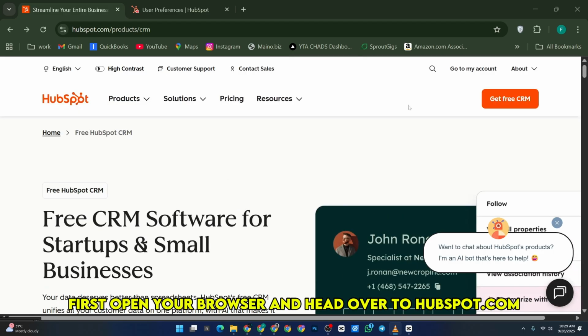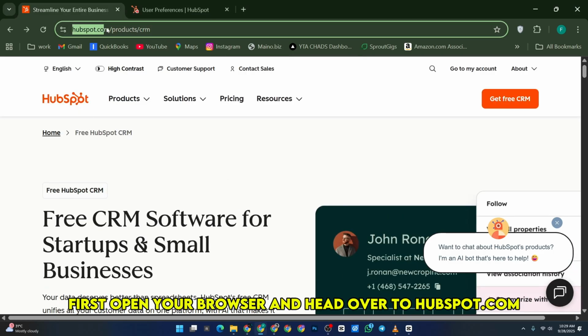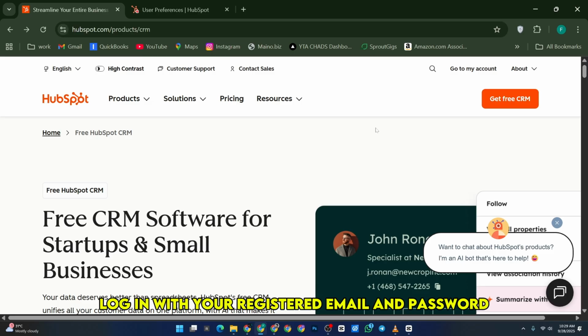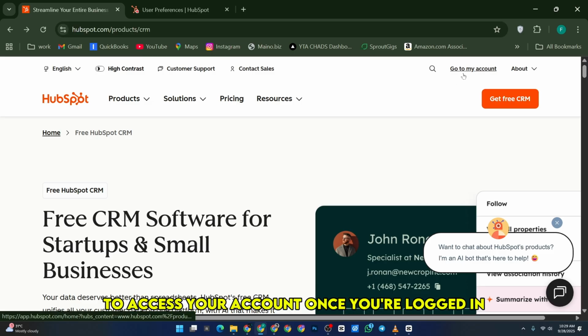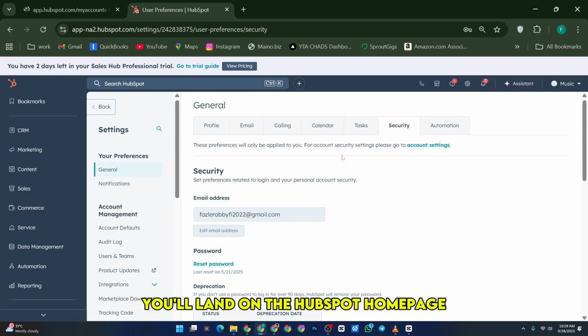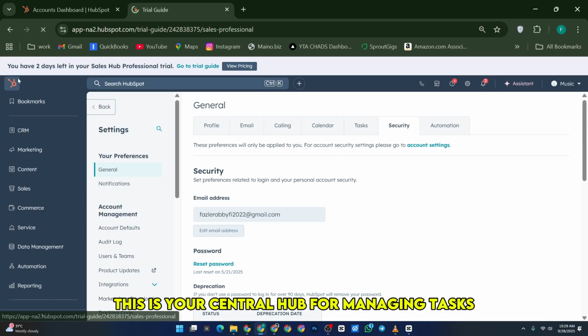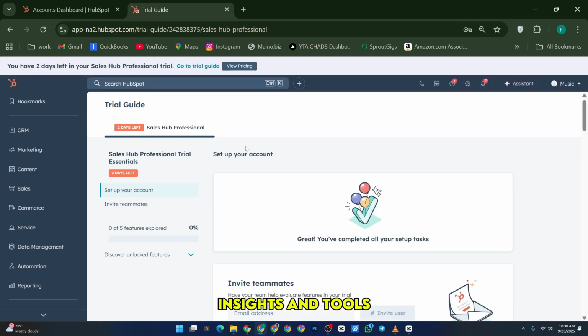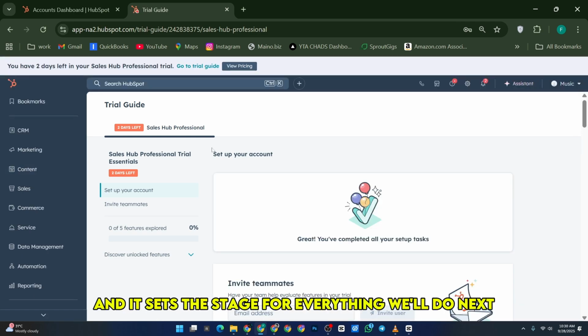First, open your browser and head over to hubspot.com. Log in with your registered email and password to access your account. Once you're logged in, you'll land on the HubSpot homepage. This is your central hub for managing tasks, insights, and tools, and it sets the stage for everything we'll do